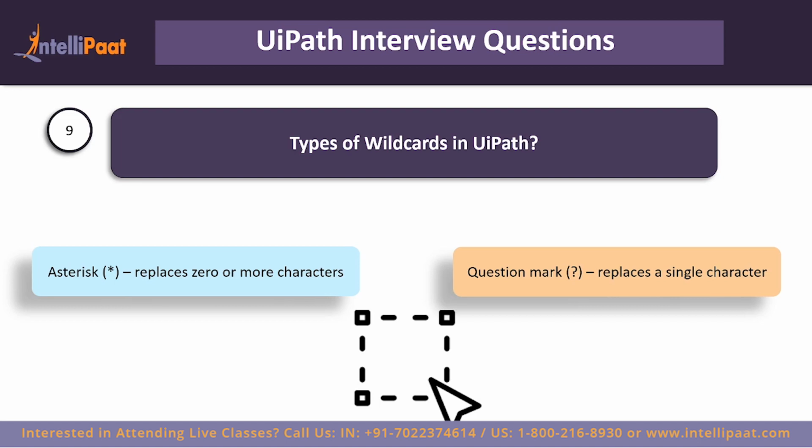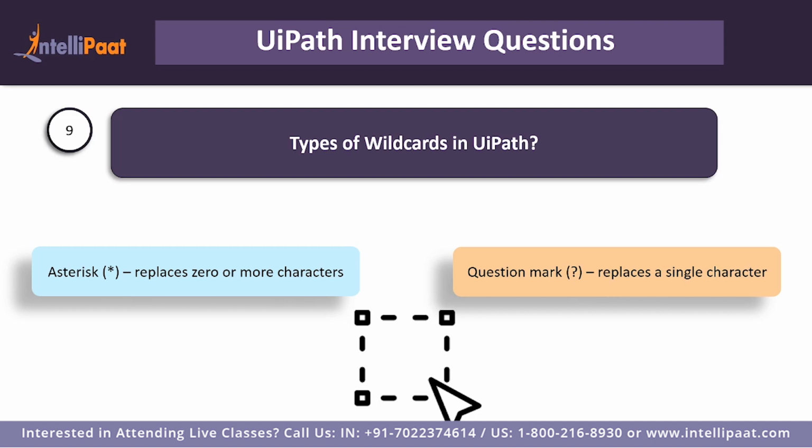So let's say the title of my Amazon window was Amazon 1. And if I wanted to automate for any Amazon window, and you know that the pattern is it will be Amazon 1, Amazon 2, Amazon 3. So what you can do is you can just put Amazon and just put a question mark in there. So that way, any of your automation which is working on an Amazon window screen can be automated.